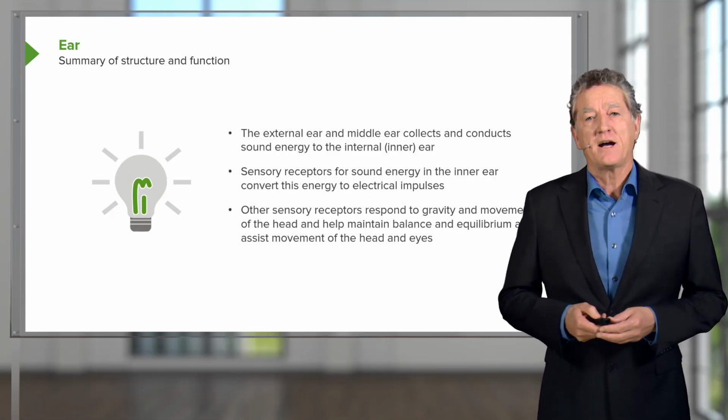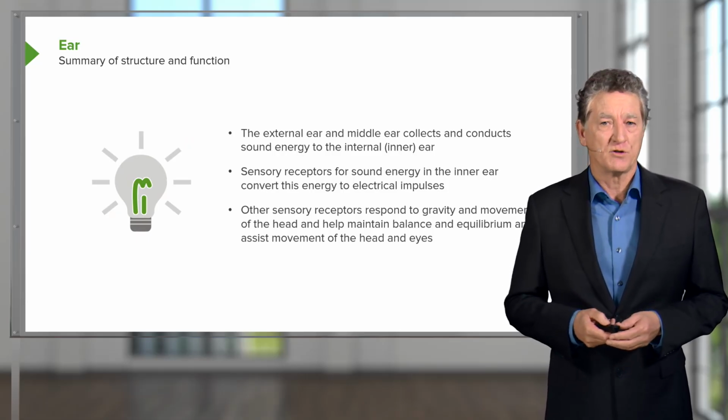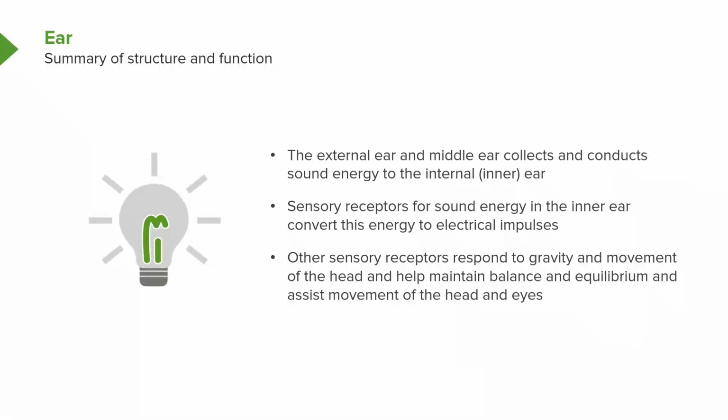We have in our ear a number of different anatomical components. We have the external ear and the middle ear that are designed to receive sound energy, sound waves, and then to amplify those and turn that energy into mechanical energy. And then we have receptors in various locations in the inner ear that I'll describe, that use that mechanical energy in the form of vibrations and movement of fluid to then detect not only the position of our